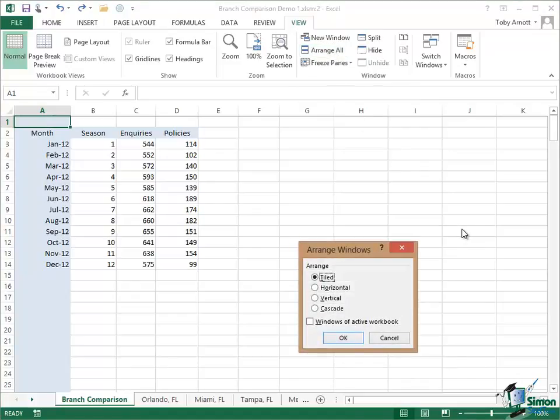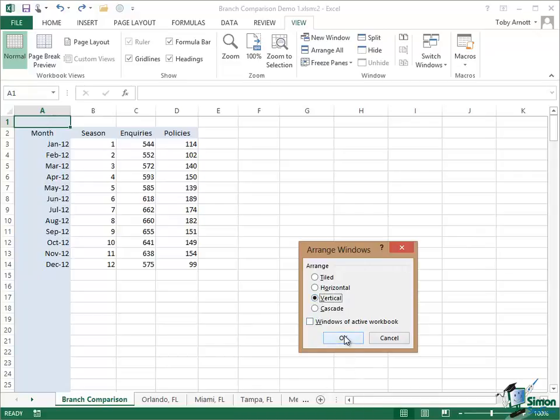You get this little dialog where you can decide how you want these views arranged. Now, I should point out that you're not limited to two of these. You could have many of these windows. On such a small display as the one I'm using, getting beyond 2 actually becomes a bit difficult. But I'm going to have them arranged vertically, so for the two windows I'm going to say vertical, and I'm going